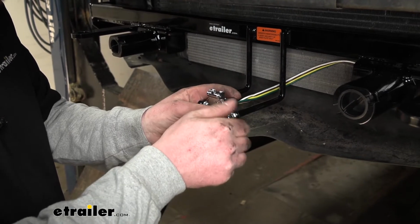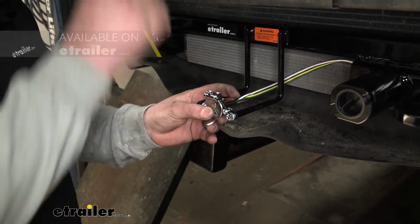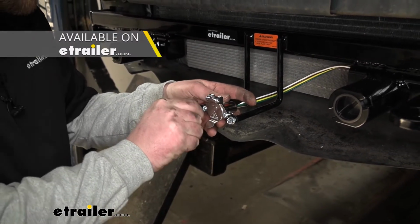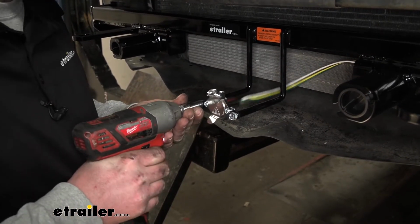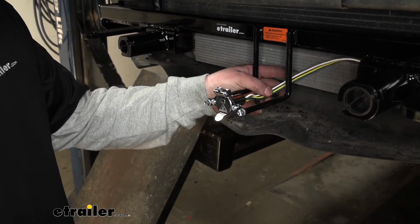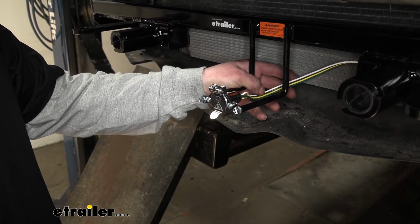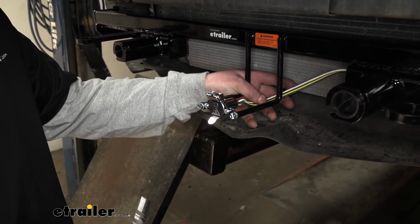Here, that came on the base plate. If your base plate doesn't have a bracket, you can pick up quite a few different styles right here at eTrailer. I'll just put this hardware in, tighten it down. And then I'll take the rest of our bundle of wire. I'm going to run that towards the back of our vehicle because it's eventually going to get hooked up to the taillights. So I'll go ahead and do that now and then show you the path that I took to